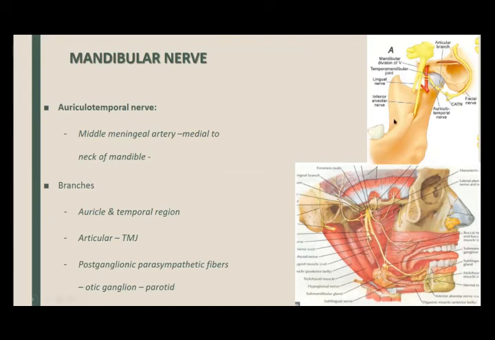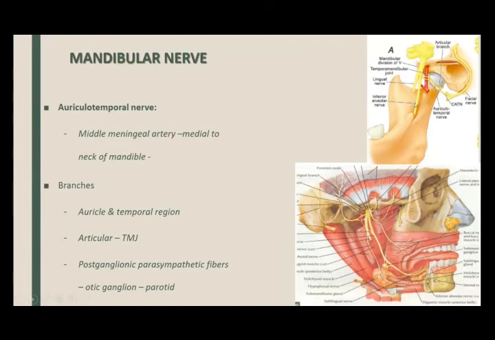Auriculotemporal nerve जो है, this is the middle meningeal artery है। Middle meningeal artery is a branch of the maxillary artery, the first part of the maxillary artery. ये middle meningeal है।